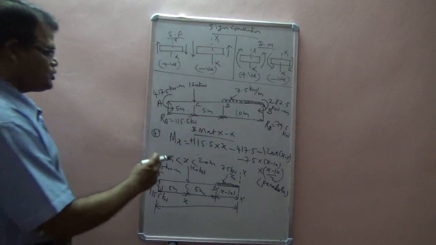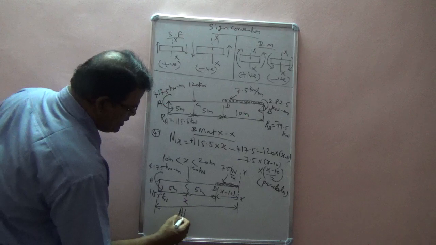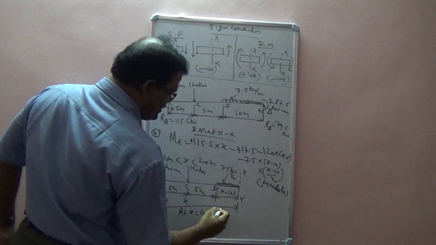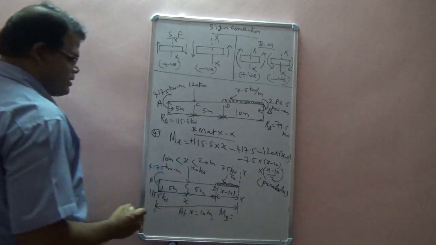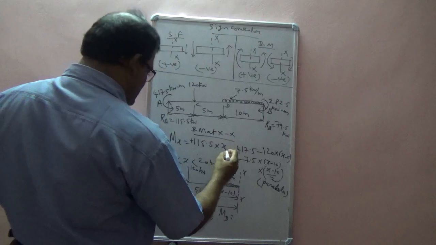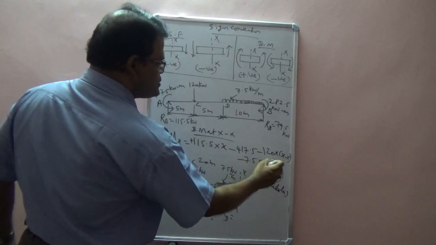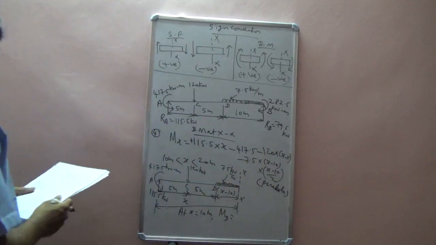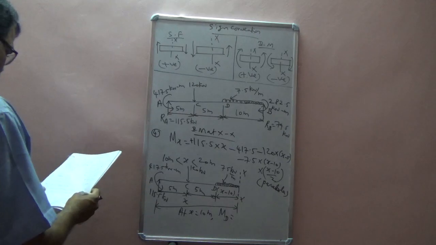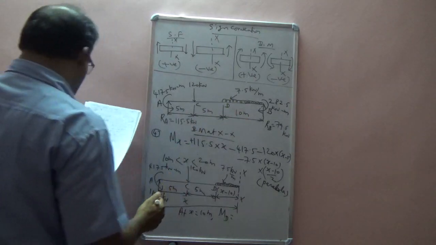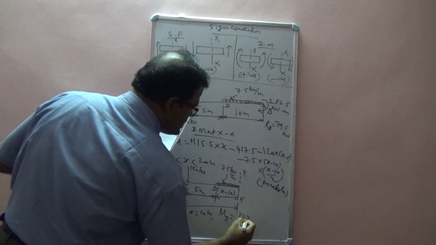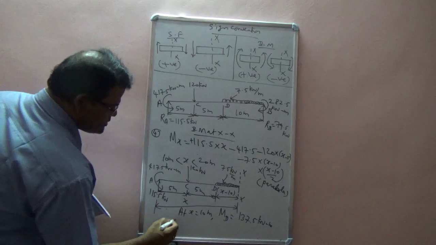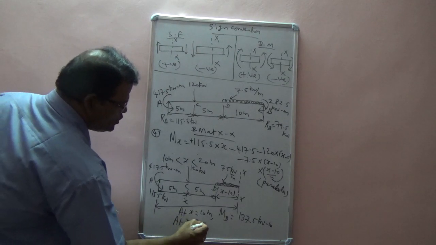So now apply the boundary condition at x is equal to 10 meter, that indicates point D. So MD is the bending moment at point D. So substituting x is 10 here, this will get cancelled because 10 minus 10 becomes 0. So this is 5 will be there. Therefore, this MD, right side of D, is going to be 137.5 kilonewton meter.